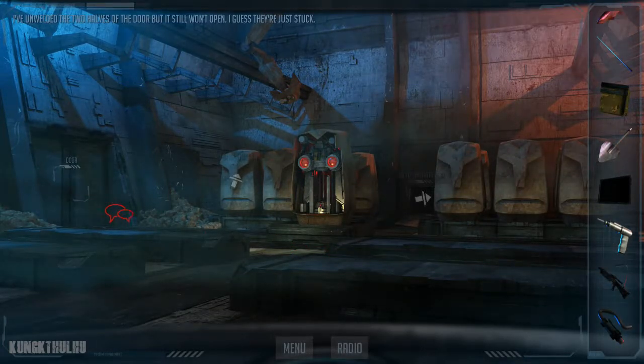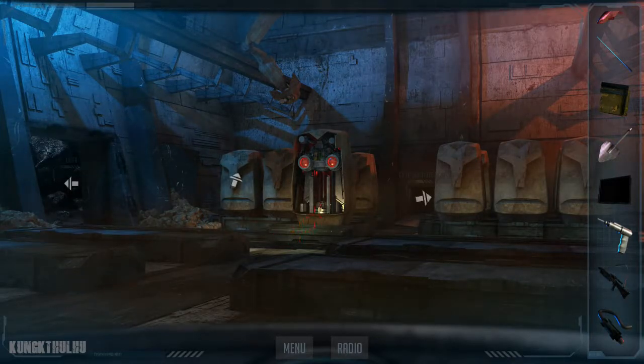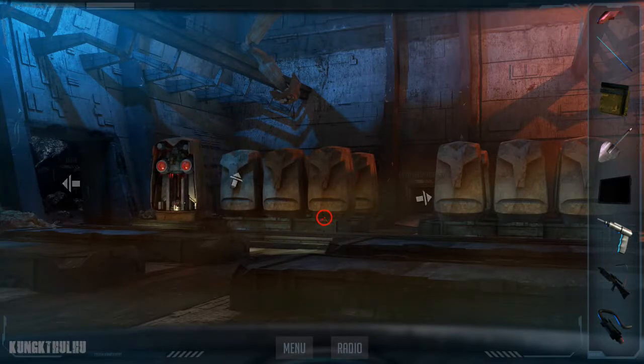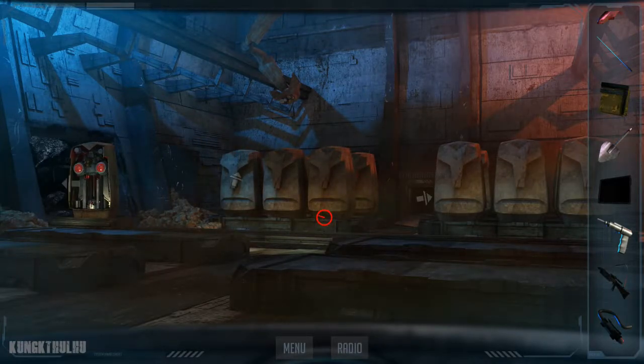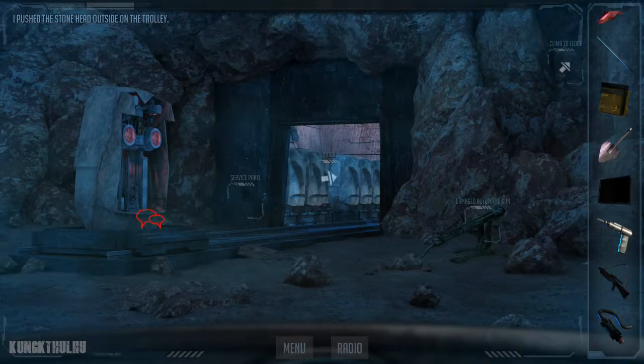I've unwelded the two halves of the door, but it still won't open. I guess they're just stuck. Finally! I pushed the stone head outside on the trolley.